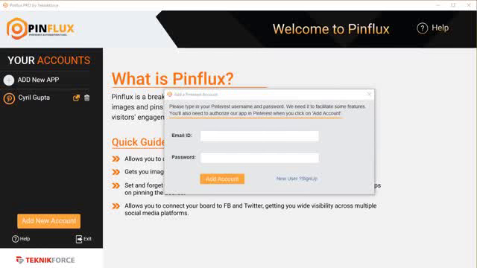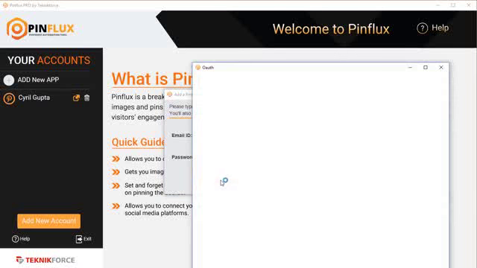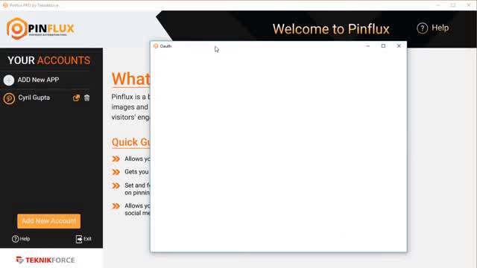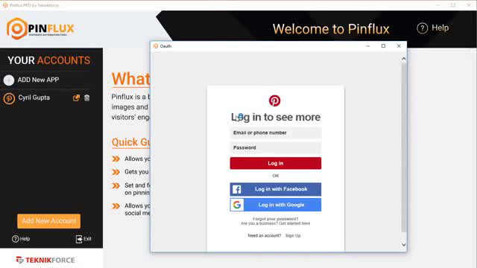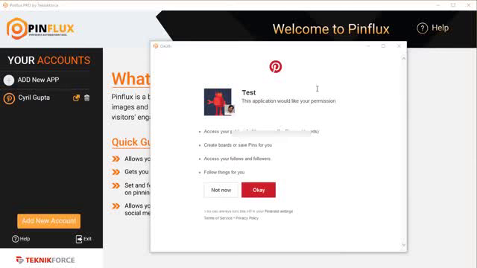So after I add my app, I can select it, and now I can add any Pinterest account to Pinflux by putting in the email ID and the password. After putting your email ID and password, click on add account. You'll be taken to Pinterest authorization. Put in your email and password again. Log in. Allow your app,